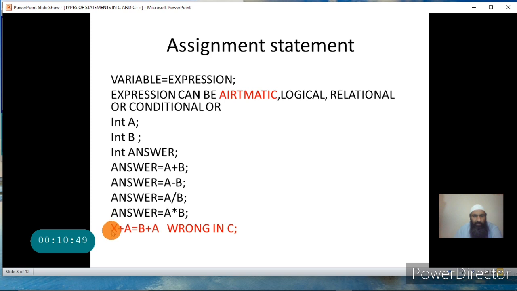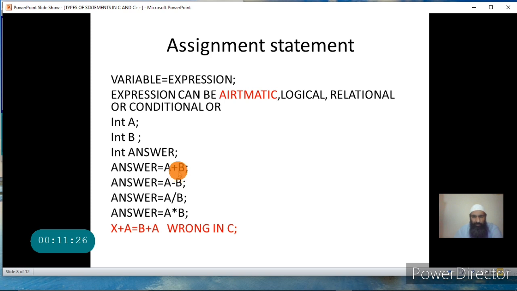Now, we cannot write something like this, that is the LHS and RHS. In the LHS, we have to have a single variable according to the syntax. We cannot have two variables, or write an expression on the LHS side. That is wrong in C, but in math it is alright. So here C differs from mathematics. In mathematics, you can have an expression in the LHS part and an expression in the RHS part. But in C, it's not allowed. You have to write a single variable on the LHS side, and you can form your expression on the RHS side.